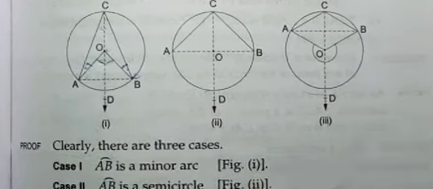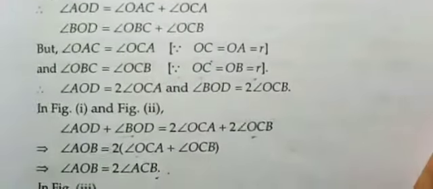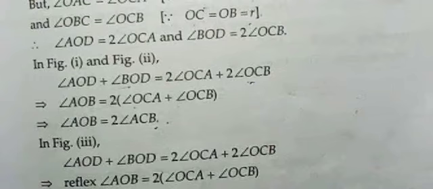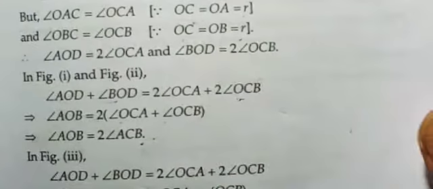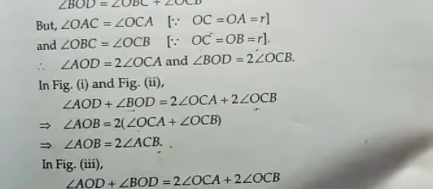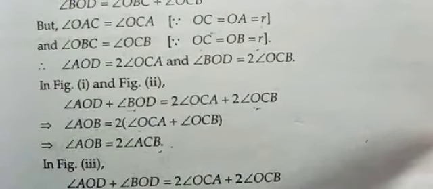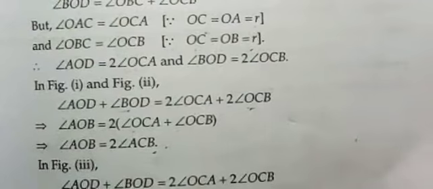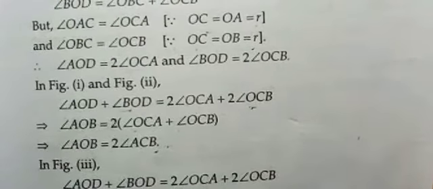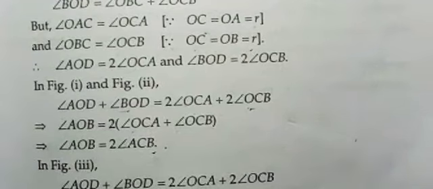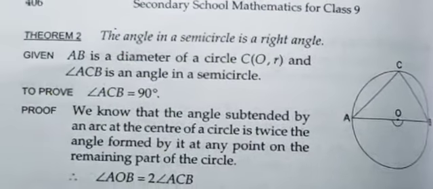You just go through the whole proof and read it carefully. If you have any problem, then try to convey it to me and consult with me. I will definitely be able to solve it for you. Understood? Next, move to another theorem, theorem 2.